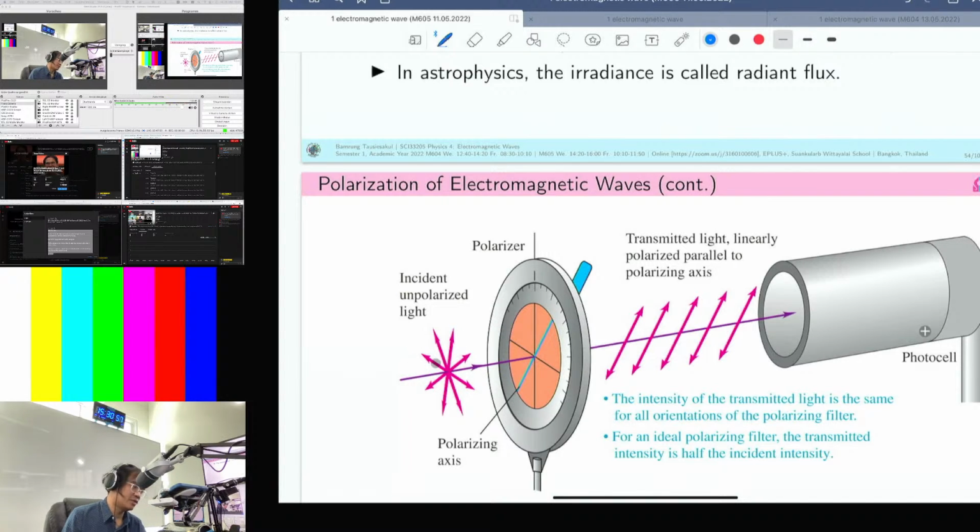For example, if you transmit 10 watt per square meter here, this is the intensity of the light, you will get about 5 watt per square meter after the polarizing filter. This is the meaning of transmission through the